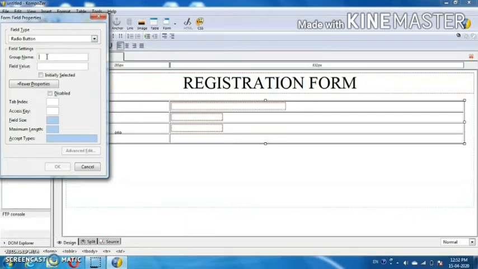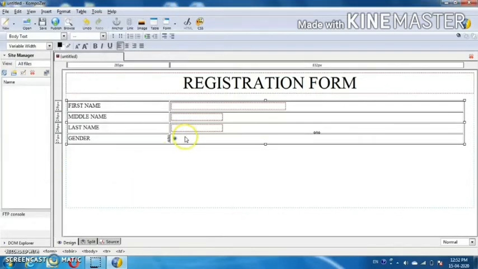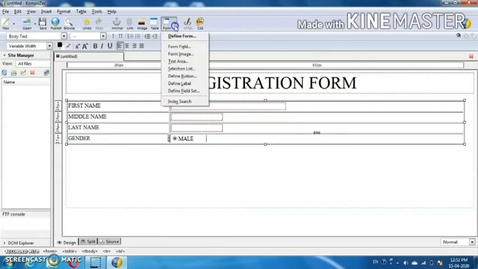After selecting the radio button, in group name I have to write gender, and in field value, that is male. Now if you want it initially selected, click on it, OK. Now over here write it as male. Now you can see the button has been initially selected over there.